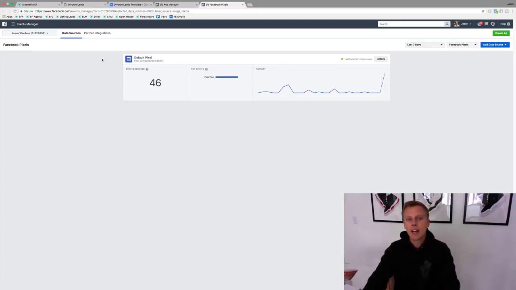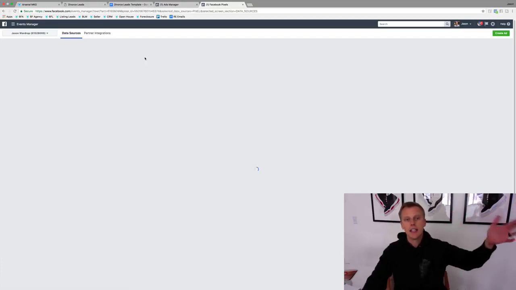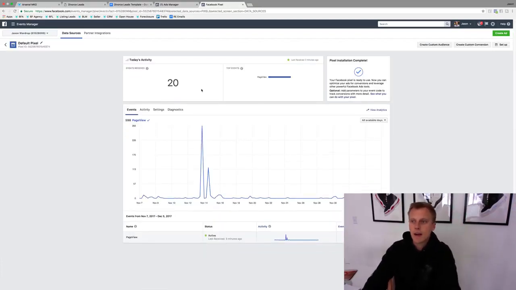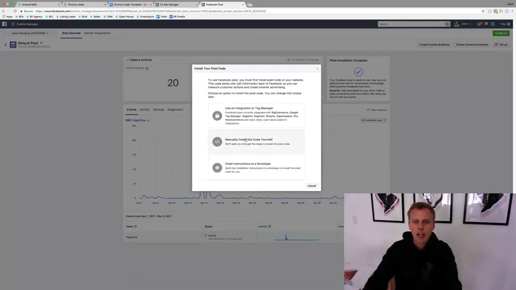And then right here in the pixel section, if you've never created a pixel before, it's going to have a button that says, hey, create your first pixel. I've already created a pixel, so I'm just going to click on default pixel right here, and then I'm going to come up here to setup. Okay, click on setup, and we're going to go to manually install the code yourself, which, guys,